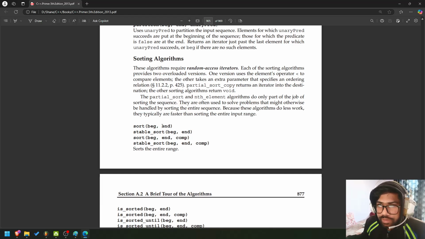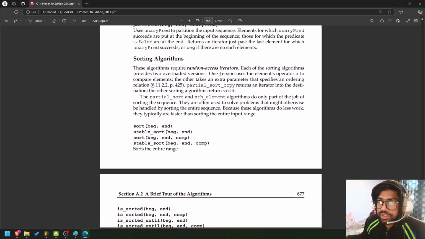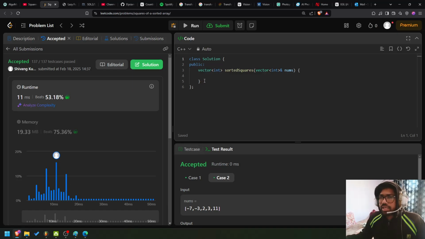Okay, sort. I want to sort. One version uses the elements' operator less-than to compare. The other takes an extra parameter that specifies the ordering relation. Okay, so I can use sort, order, and then compare. So we will go with an integer left equals 0, then integer right, which is nums dot